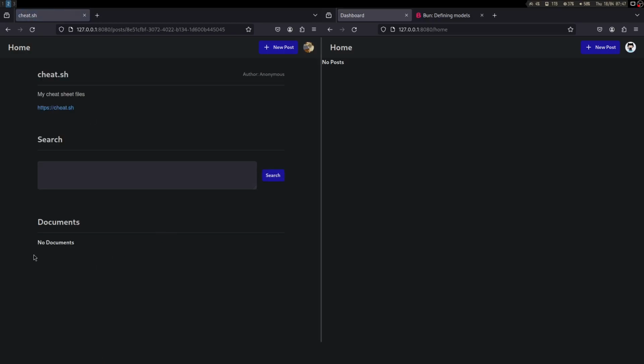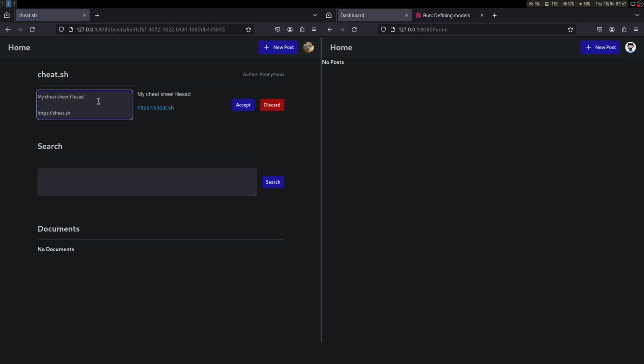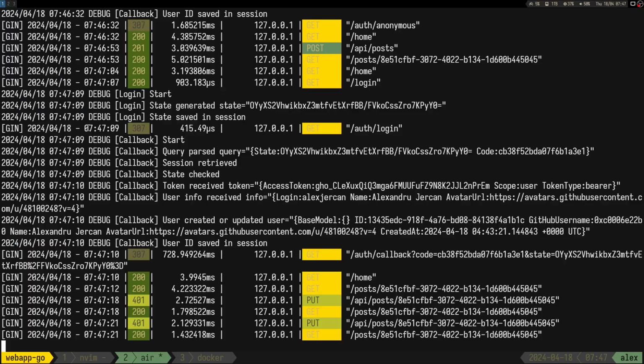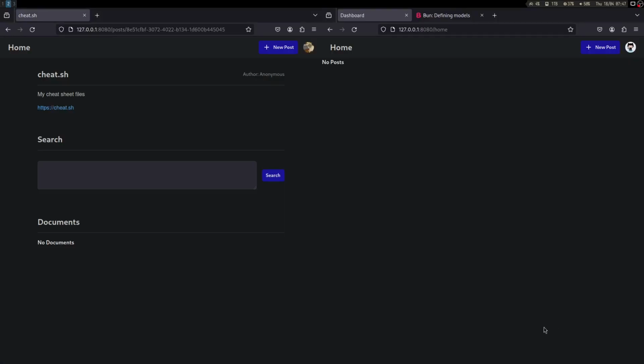And let's see. I cannot change anything. I can change the description though, but it's not gonna let me because I'm not authorized. So maybe this is also another thing. You shouldn't be able to